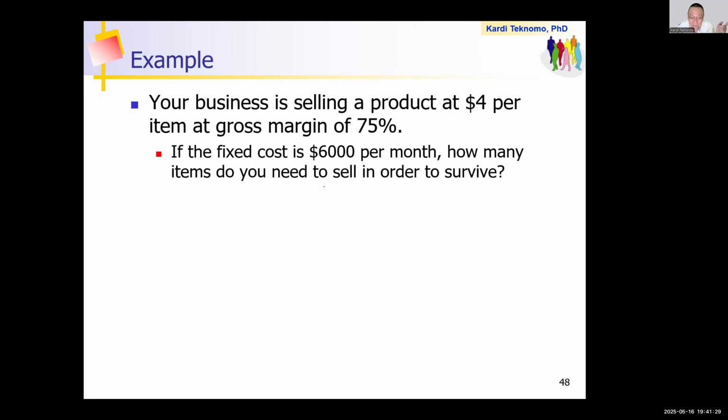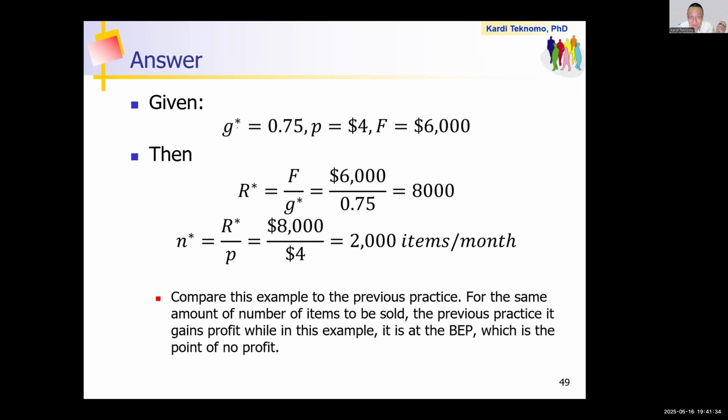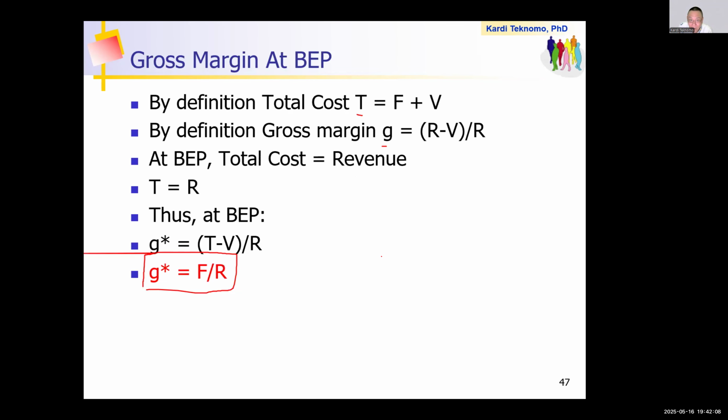What do you want to get? N. Given this is the BEP gross margin, we know this is 0.75. This is what we are given, and we use this formula. So you need 8,000, and the N here now becomes 2,000 items per month. So if you compare this 2,000 items per month to the earlier example,